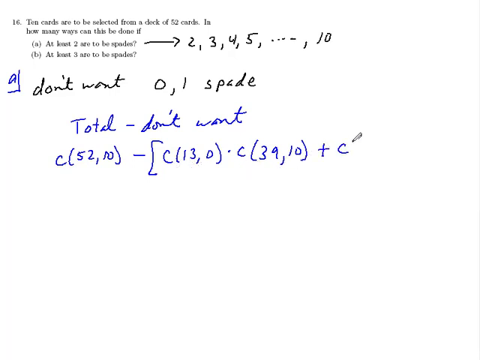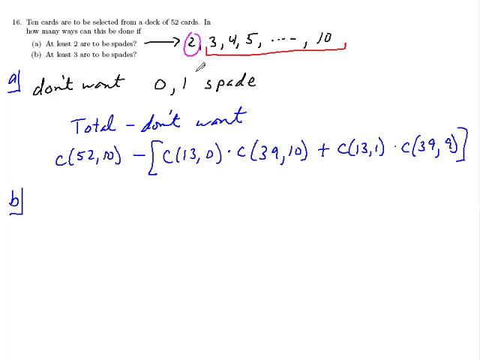Then we do 1 spade, which means I have to have for the remaining 39 cards 9 other cards. So there's part A. Now part B, it says at least 3 spades. Well, at least 3 spades in part B is saying I want all of these, which basically means that this one right here gets added to the don't want pile. So from the same strategy,